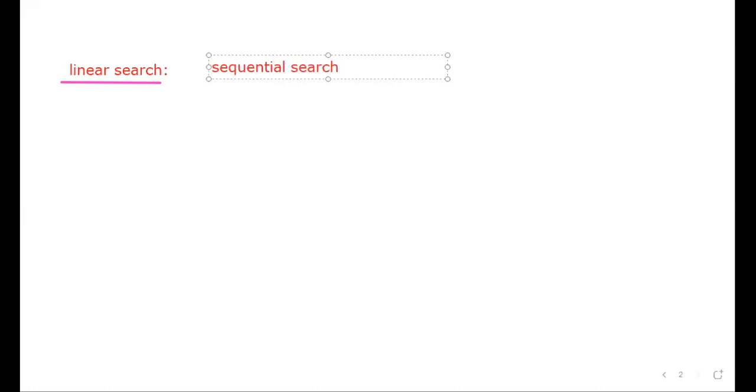So I'm writing the running notes, the important points I'm typing here. If anybody wants to maintain running notes, you can follow my notes or you can take snapshots. After that, I'll provide you the material. It's not an issue, but if anybody wants to maintain running notes, you can follow. Linear search is also called sequential search.